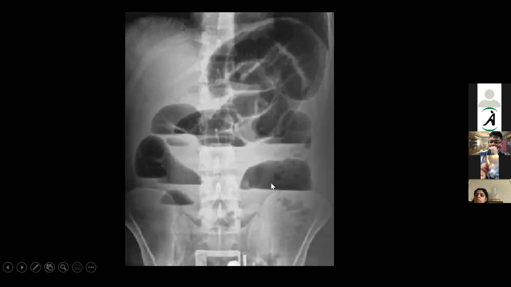What happens is basically the bowel will become grossly dilated. The bowel is not at all moving. So the fluid actually collects here like a bowl, and whatever air is there will collect on top of the fluid. So it will have an air fluid level. These multiple air fluid levels here are one sign of intestinal bowel obstruction.